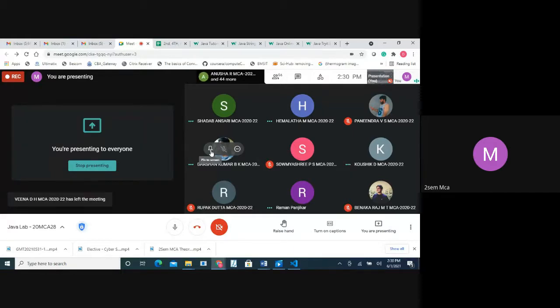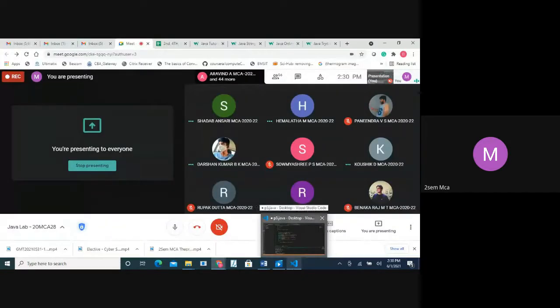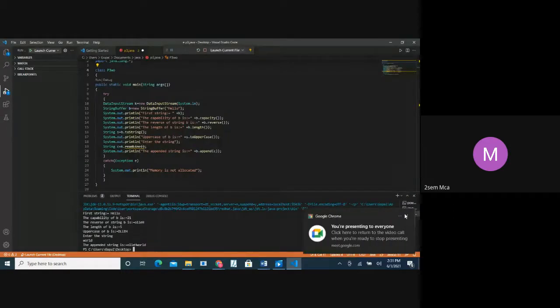I think you may be knowing this, but still, because the font in Visual Studio is very small, you can just try this. Where you want to check, click on my screen and click on pin to screen. Then only this will be visible, and you can increase the size.